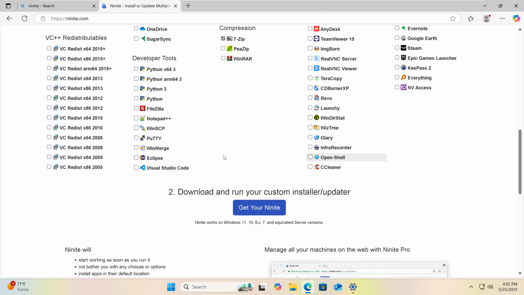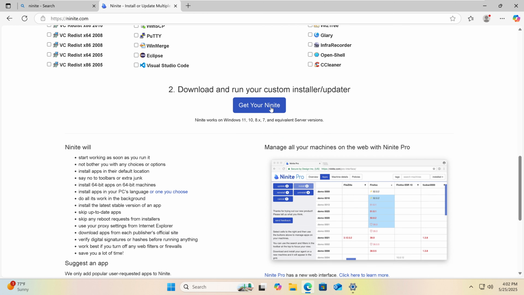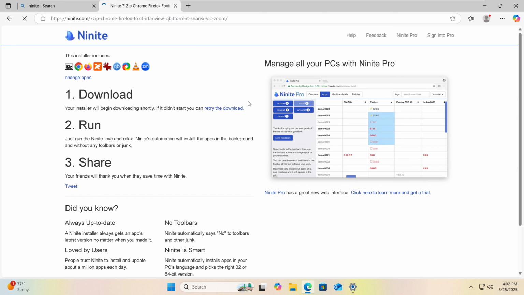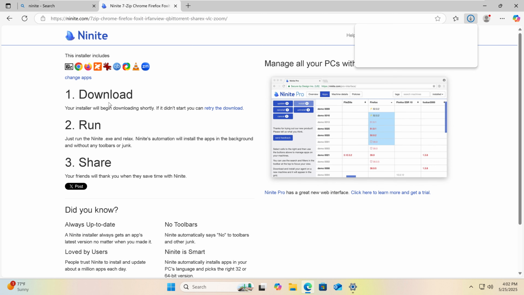What next? You clicked all the checkboxes, then you press the button Get Your Ninite. It means that the package will be created with all the required applications you need. So press this button, wait for download. Installer is ready. Open file,